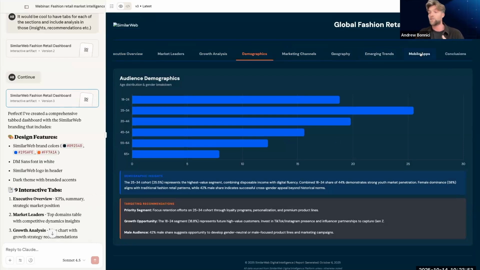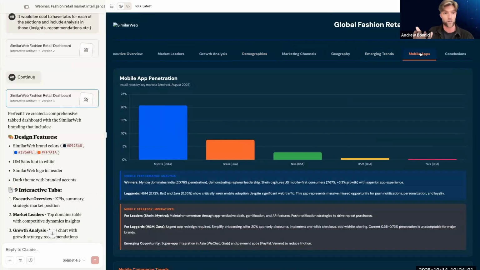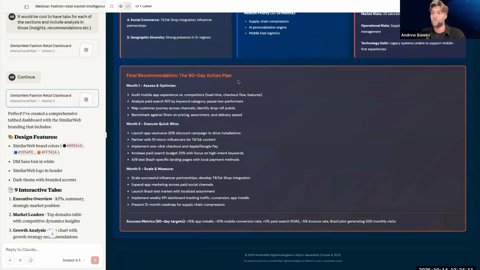And one of the great things as well is you can start to combine all of your different Similarweb data sets in one place. So I've brought mobile app penetration into this dashboard as well, so we can see how that works for this particular use case. And again, you have all of your conclusions and 90-day action plan built into here as well. So I think to summarize, the